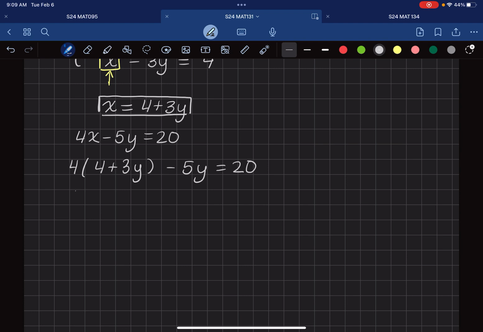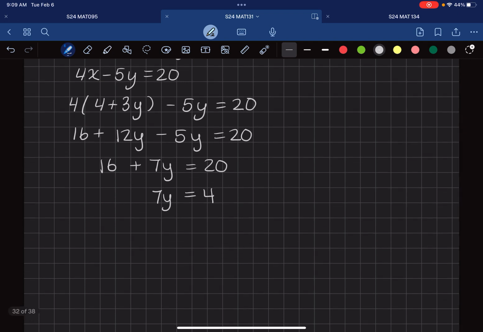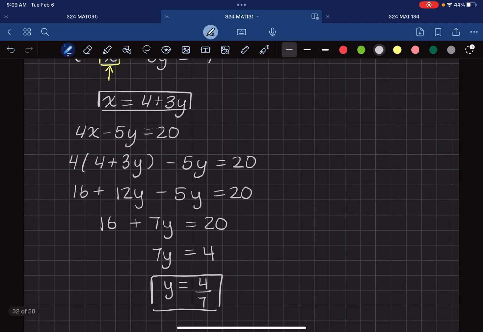So I distribute the 4 and get 16 plus 12y minus 5y equals 20. Combining like terms, I get 16 plus 7y is equal to 20. Subtracting 16 from both sides gives me 7y is equal to 4. And then finally dividing out by the 7, we get y is equal to 4/7. So this is going to be the y coordinate of our solution, or of the intersection point of the two